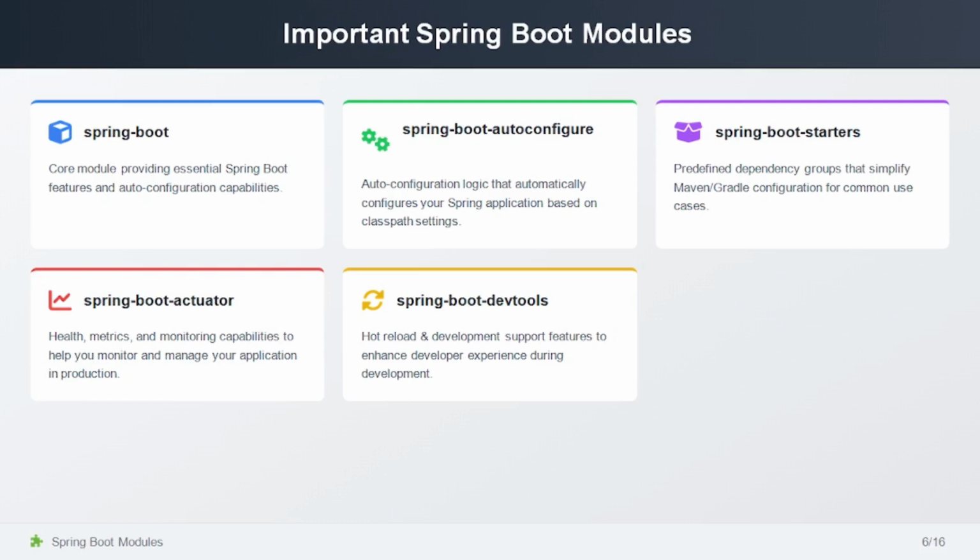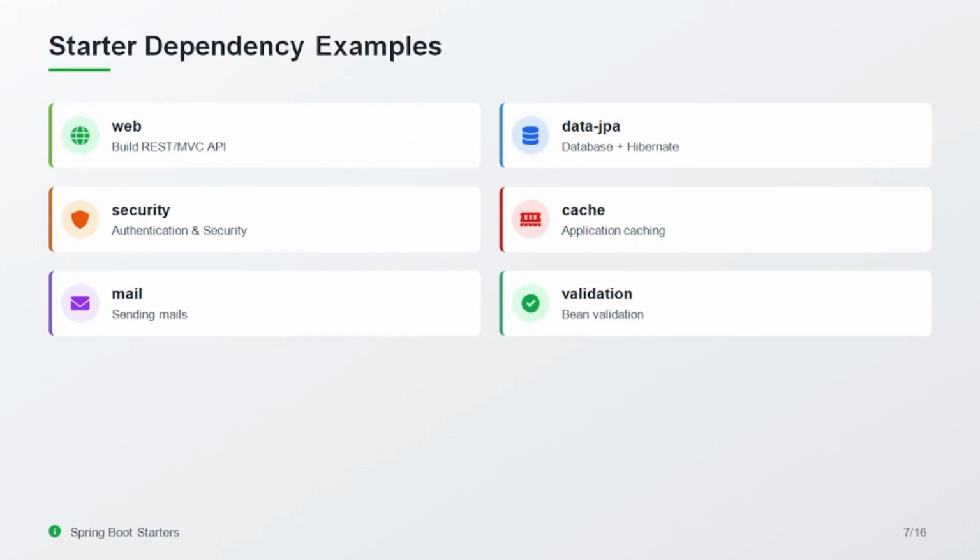Automatically the changes get reflected. That is called hot reloads. Development support, which enhances developer experience during development. So, starter dependencies examples: web, security, as I told, for authorization and authentication, mail, if you want to send the